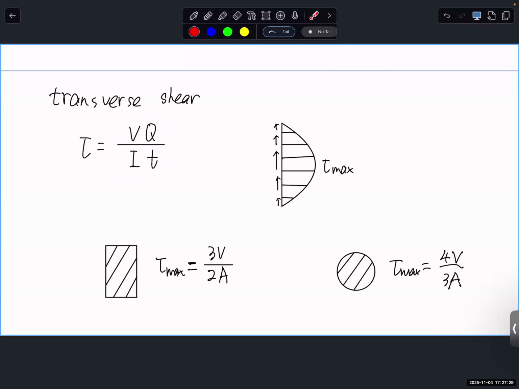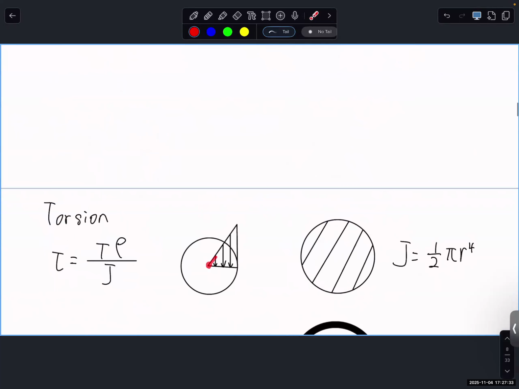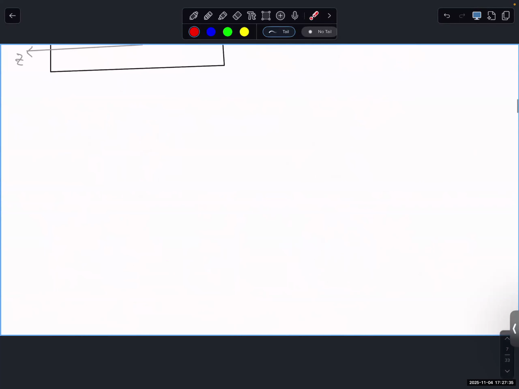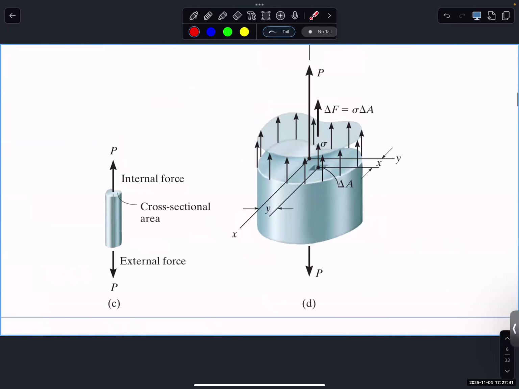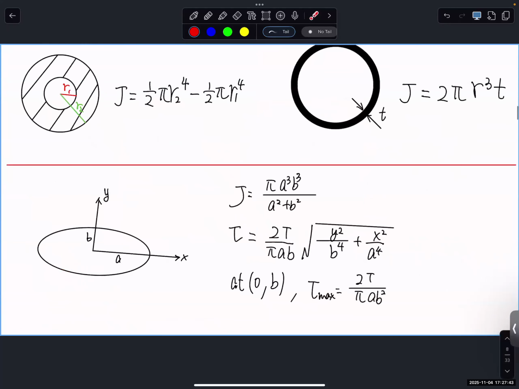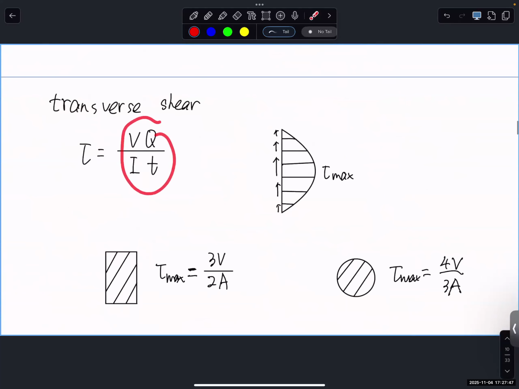So the difference is that, as you can see, for the torsion, it's a linear change for the stress level. For bending moment, the normal stress caused by bending is also a linear change. And for tensile, it's uniformly distributed. For this one, it is a quadratic change. It's because of the equation itself. We can talk about this in detail later, but I don't think we have time, like why a quadratic change